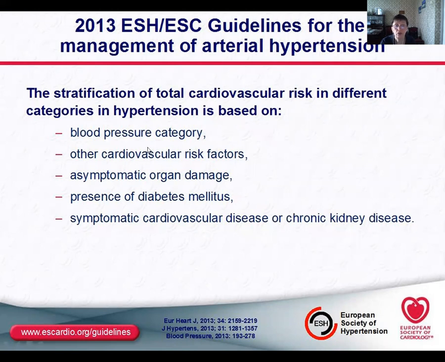Well, what will you use to assess the risk? You will use blood pressure category. It means what grade of hypertension. You will use the presence of the risk factors and the presence of the organ damage, presence of diabetes mellitus